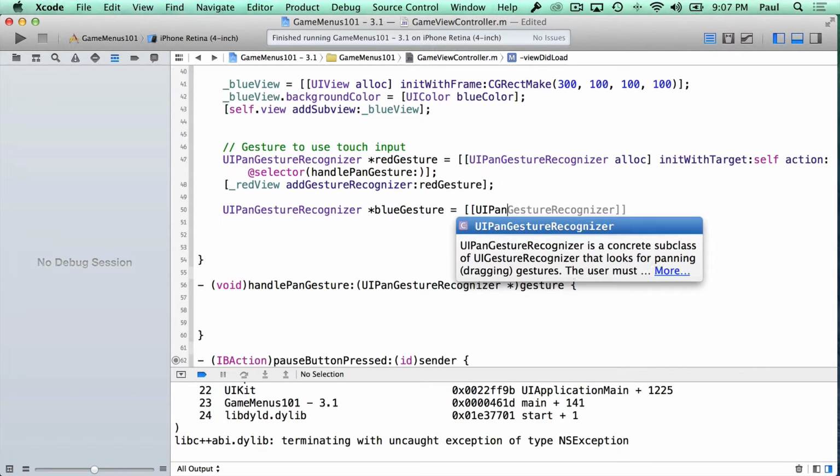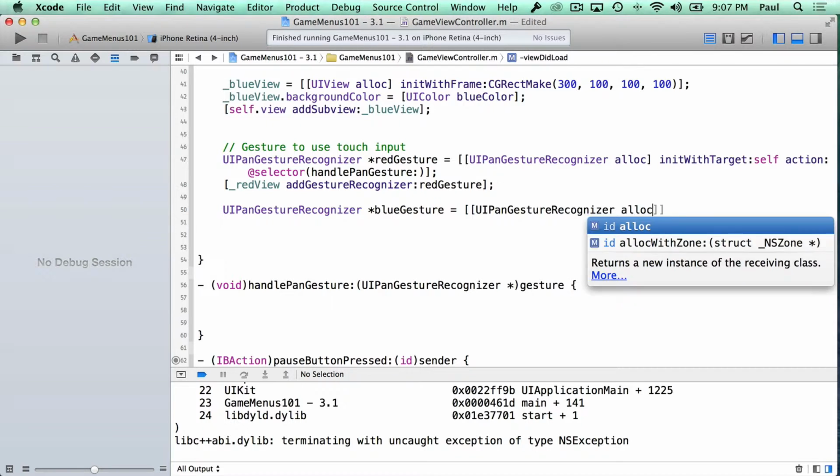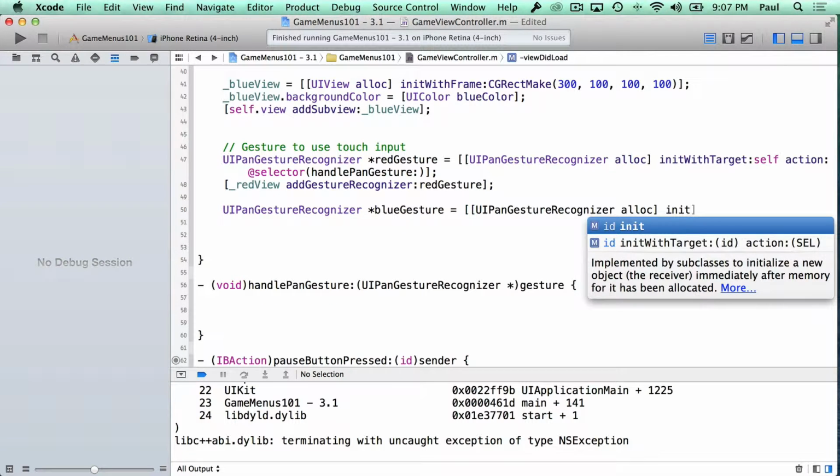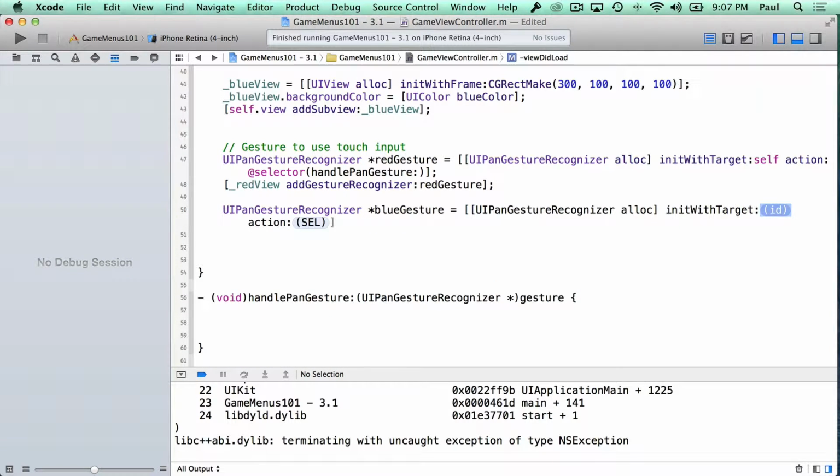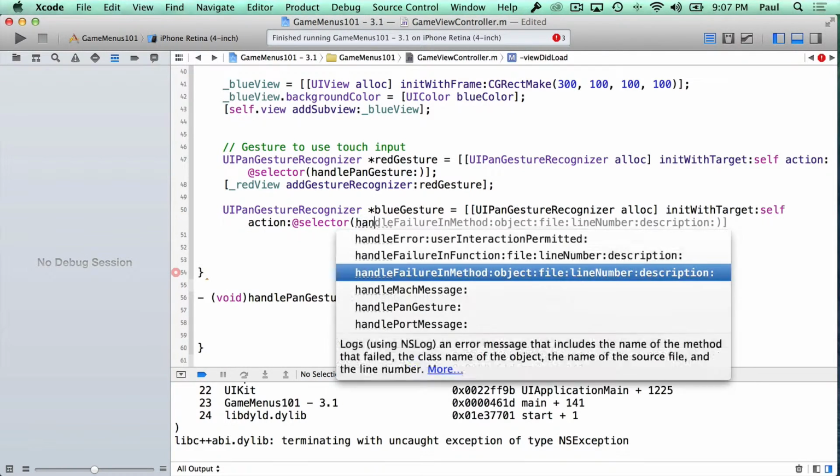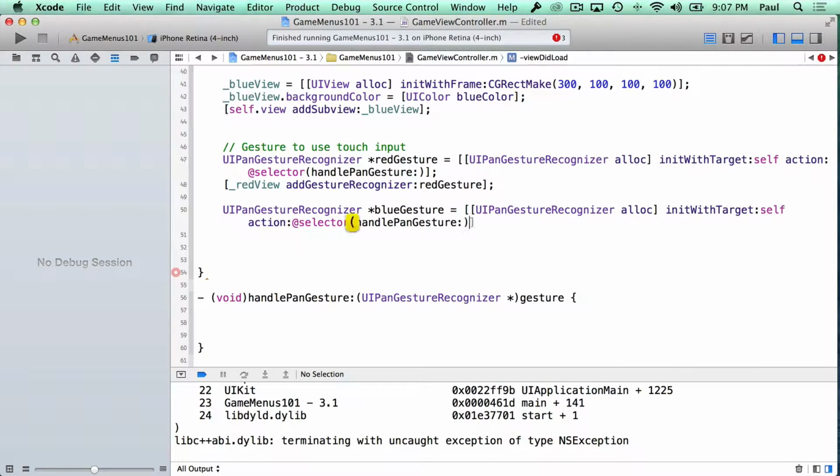You can't reuse pan gestures or gestures between different views. You always have to create a different one. So if you try to do it, only the last one that you add will actually work. I tested it and I was like, oh, that doesn't work. All right, so here's handle. We're going to use the same method, handle pan gesture. And so this is our method